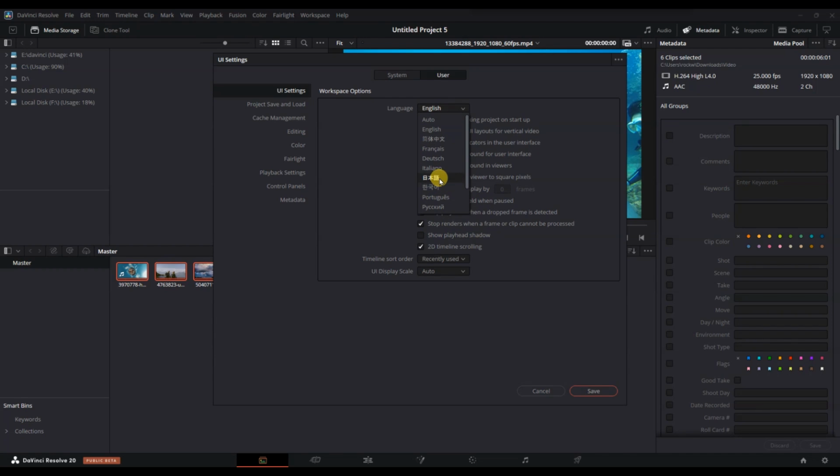Click on the drop-down menu and scroll through the list of available languages to find the one you want to use for the interface. Once you select your preferred language, click Save at the bottom right corner of the Preferences